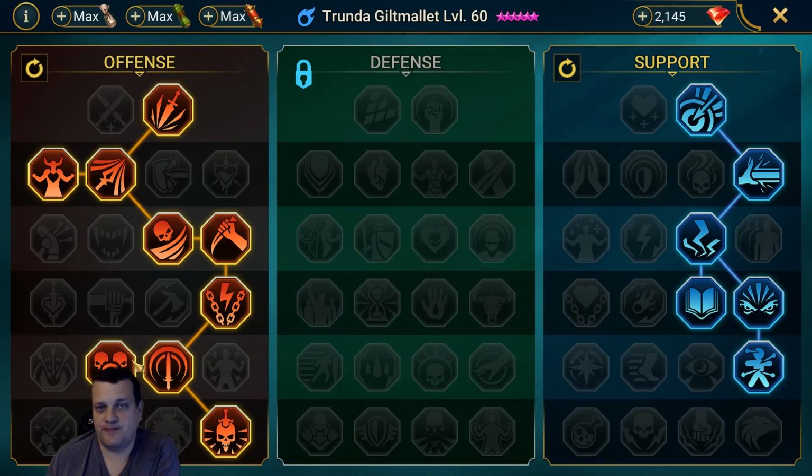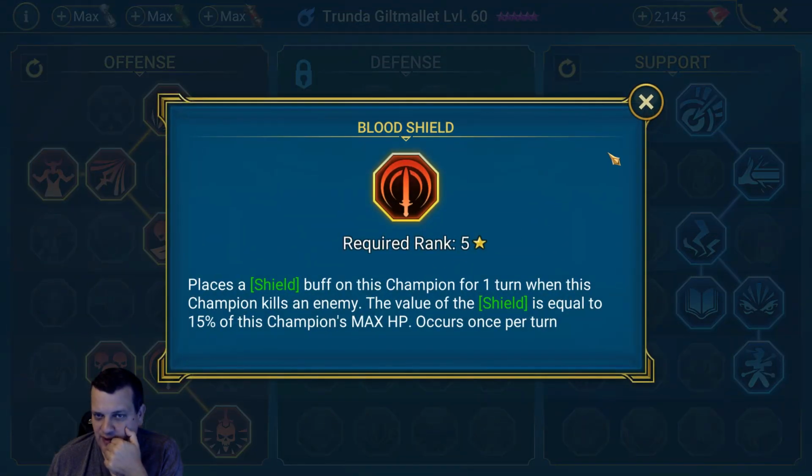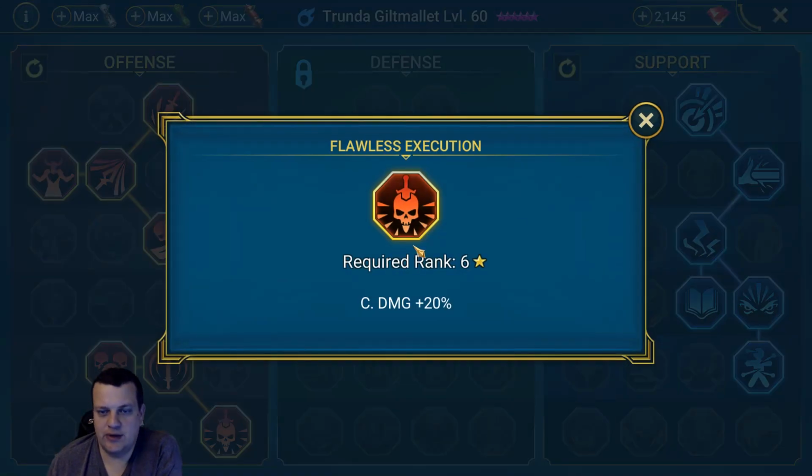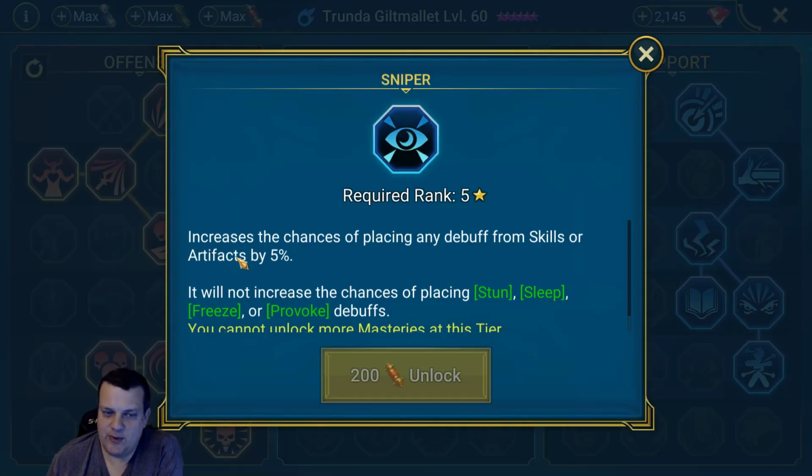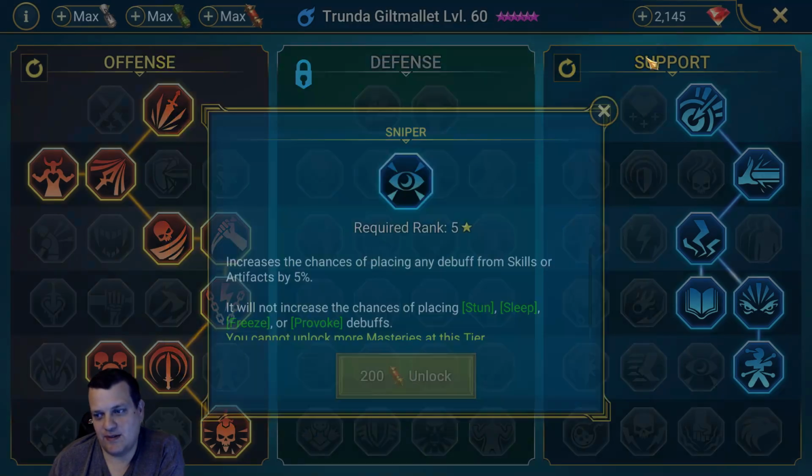On the bottom, you can choose a few different things, but I chose Flawless Execution, obviously, to get more crit damage. This is the one I debated between, Sniper, but it doesn't really help her either, because it doesn't increase the chance of placing any stun. It would increase the chance of placing her HP burn, which is an extra 5% to place debuffs, but